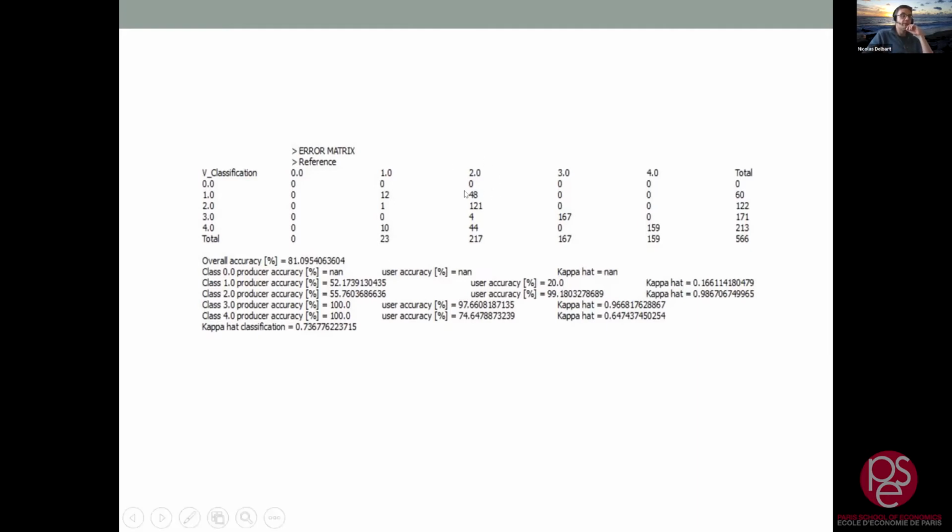Because the number of pixels tested in each class is different, and because the total number of pixels of each class in our map is also different, we can use other statistical indicators such as kappa, which balances the size of the classes in both directions. Which means in the pixels that we are testing and in the pixels that are in the map.